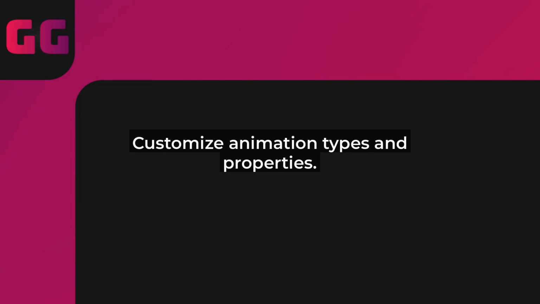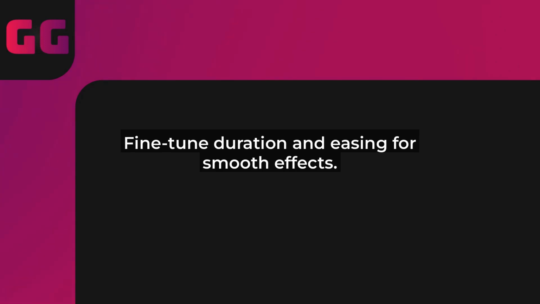Next, customize your animation properties. Set the duration, maybe 0.5 seconds for a quick fade in, and experiment with easing curves to make it feel polished. Preview your animation by hitting the play button in the prototype view. If it doesn't look right, tweak the settings and test again. Figma allows real-time collaboration, so if you're working with a team, they can see your changes instantly.